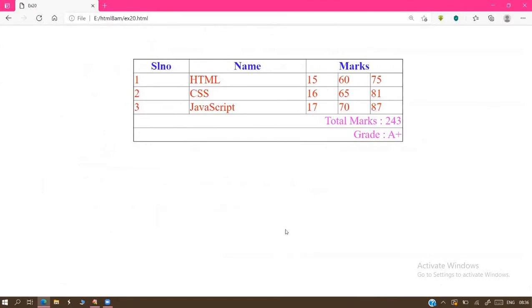So that we can write text-align also, no problem, sir. But here I am not aligning the text of the total tag, I am aligning it to the right side. Here we have only one column, right? With one column there is no problem. If multiple columns are available, then we should go for text-align. This is a single column only, so there is no problem.